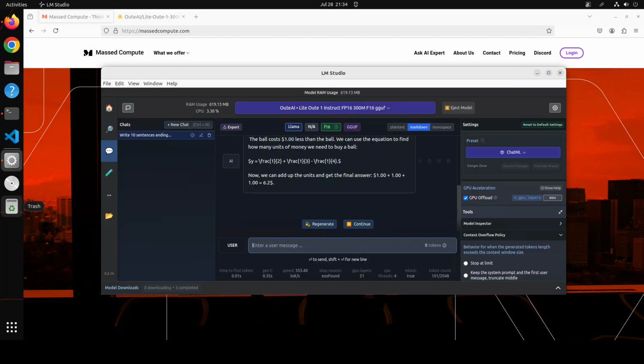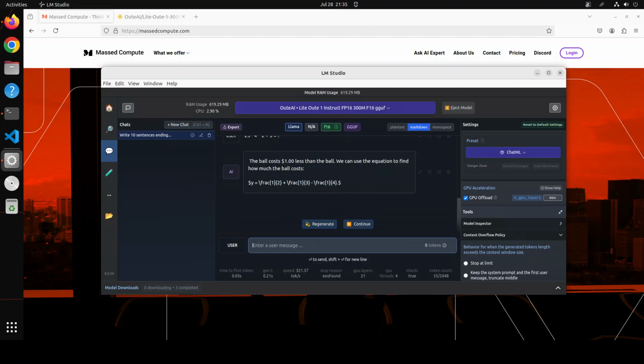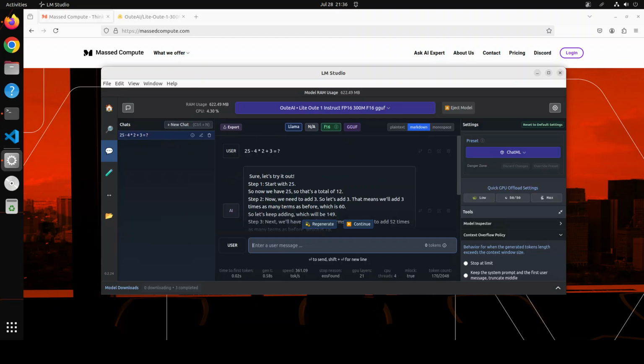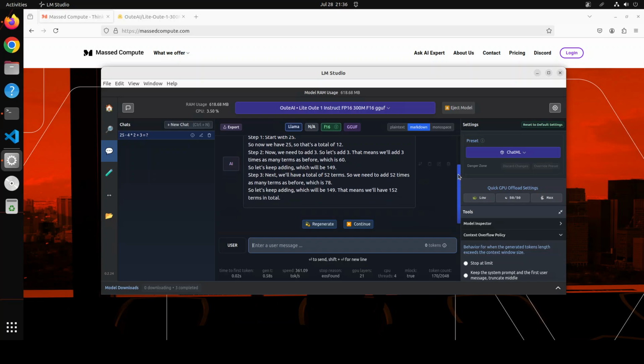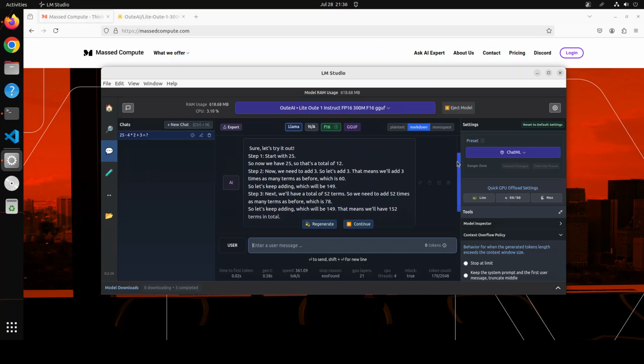Okay, now maybe I'll just go and ask it something to do with a math question. So for the math question, let me give it a simple equation. And the answer is 20. It's still going with the previous one. So let me clear the LM Studio. And if you look at the answer, the good thing is that it has tried to reason through it. So the answer is totally wrong. But the thing which I like about it is that it has broken it down into steps